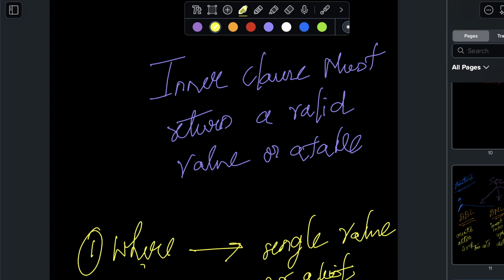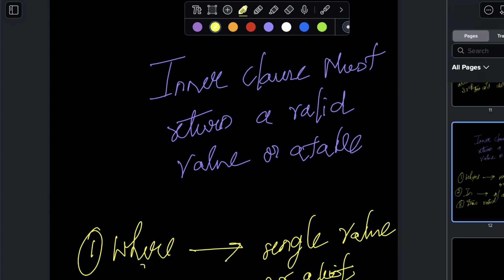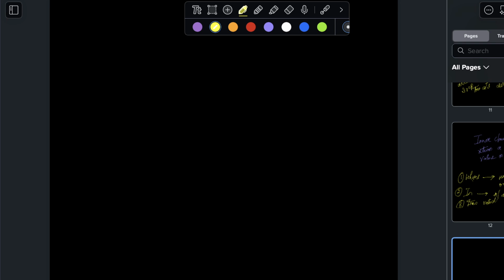We have projection as well, right? Okay. So we said that everything boils down to relational algebra, right? If you are using SQL. Now, how does that